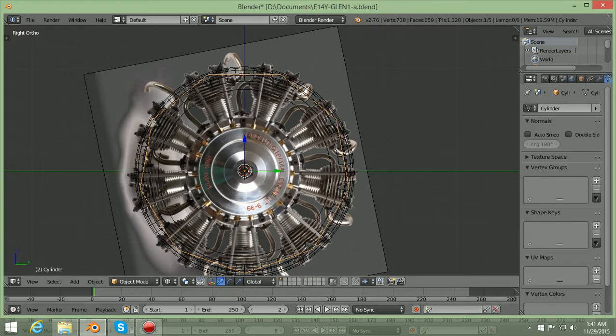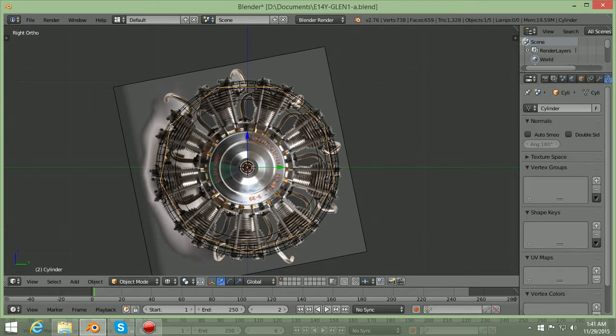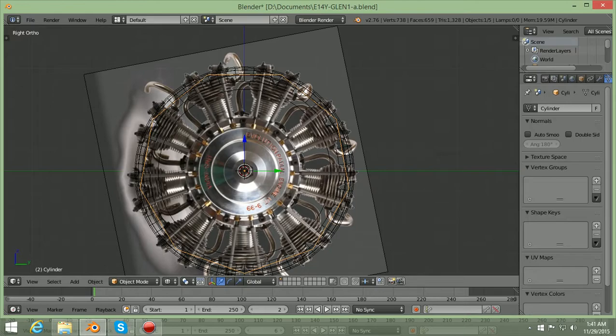The other trick I could have used is, instead of using 9 points on the cylinder, I could have used 18. Or the other thing I can do with this, because I have these lined up more or less with the cylinders now, even though it seems like the cylinders are a hair off, is since I have the cylinder selected, I can push rotate and X, and then I can actually rotate these points